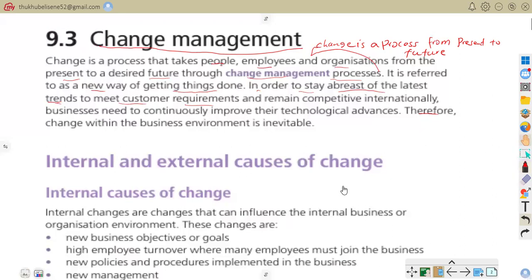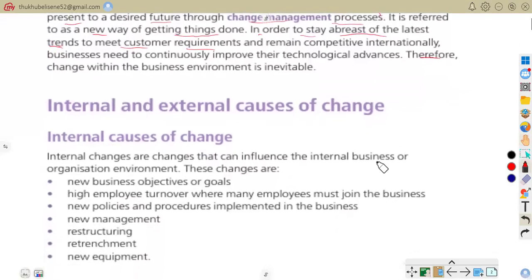Now let us move on, good people, to internal and external causes of change. We are first going to start with internal causes of change. As it says,